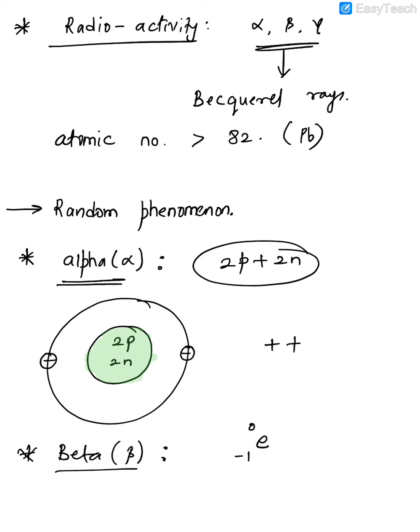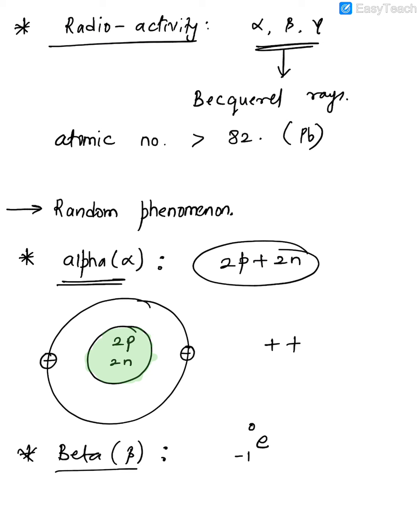This might confuse you at the moment, but I'll clear your doubt in some time. I'll repeat once again: a beta particle is basically an electron which is emitted from the nucleus of an atom. You must be wondering how a nucleus gives out an electron when there is no electron inside it. We'll discuss that later, but make a note that the electron is emitted only from the nucleus, because only the nucleus takes part in all these reactions in radioactivity.